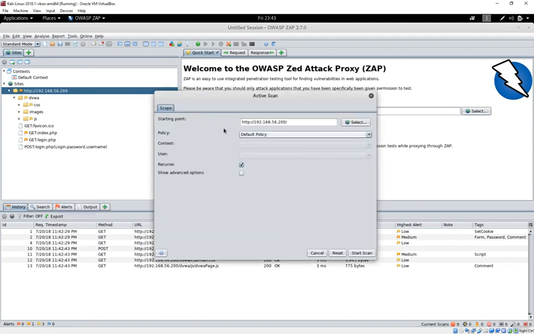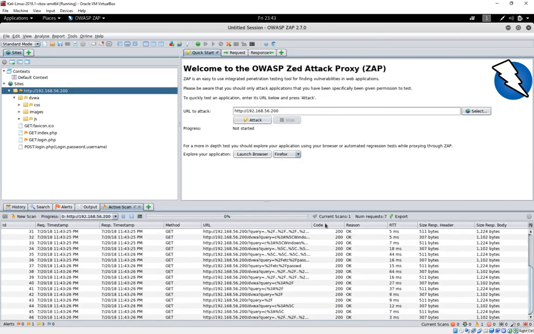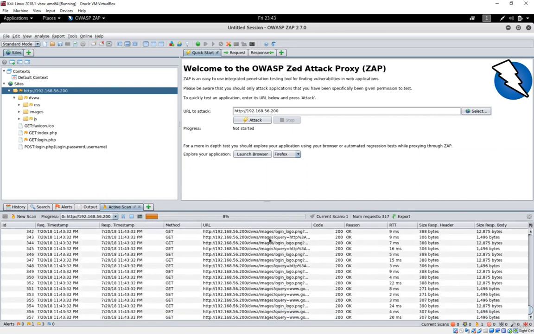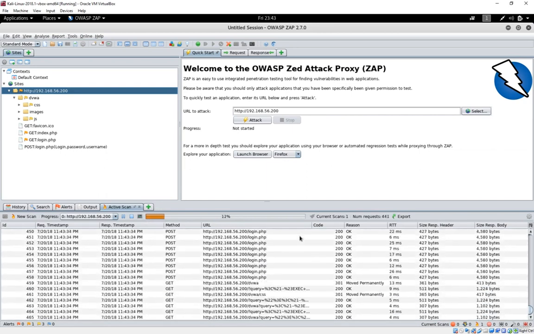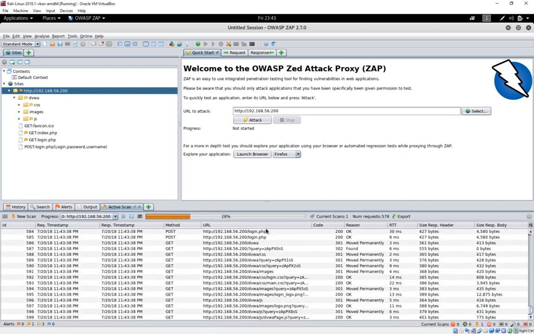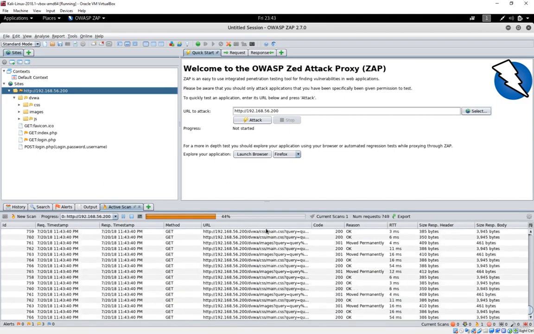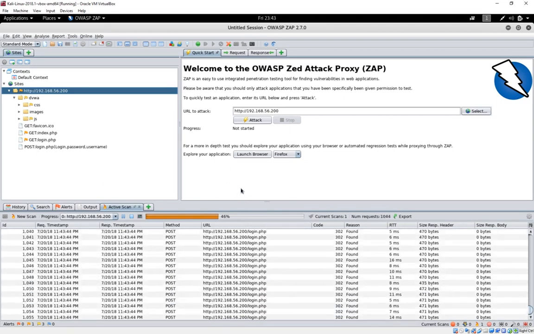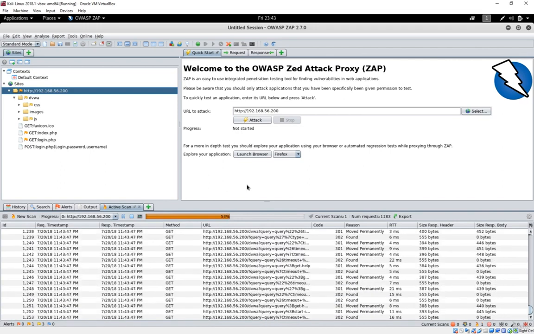So on that particular address or that particular URL, and as soon as we start that, you see that OWASP Zap starts to scan the URLs that it can find obviously on the application, and it would come up with whatever the vulnerabilities are and what are the basically possible issues that it might actually find